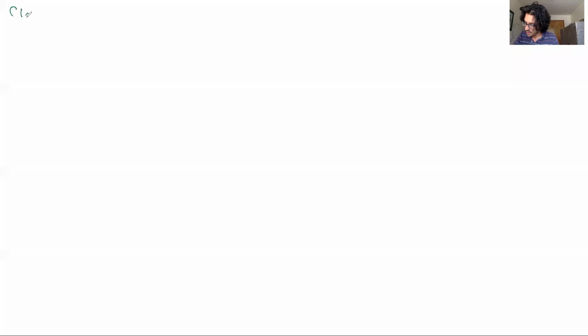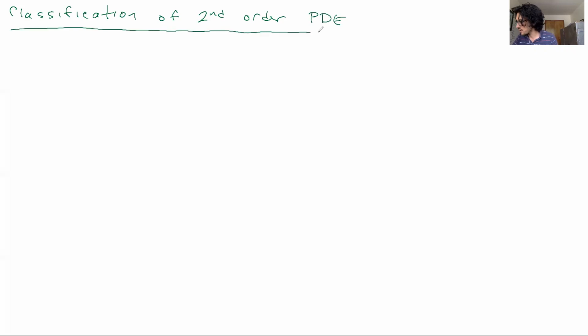So the first thing that I want to cover is classification of second order linear partial differential equations, okay? And this will really break things up into categories that are represented by the different canonical PDEs that we'll come across in this class that are physical manifestations of different systems, okay? So